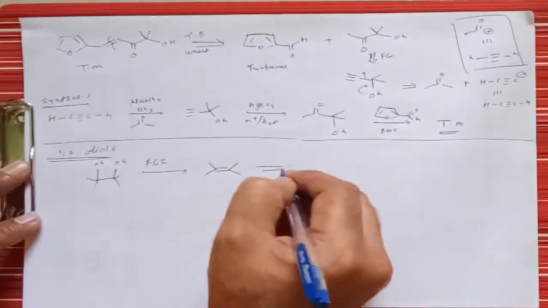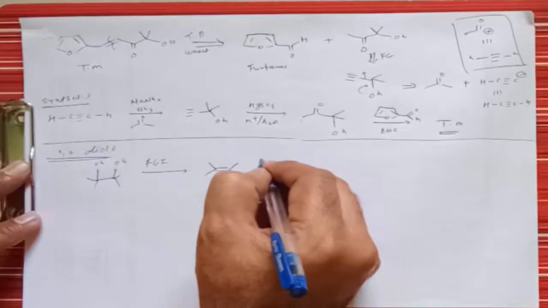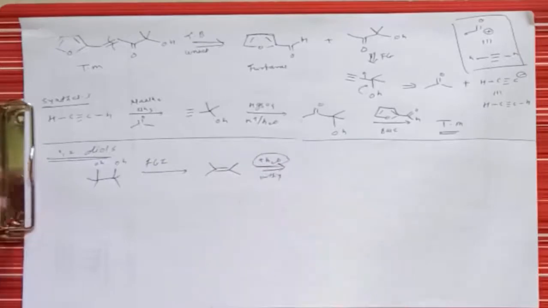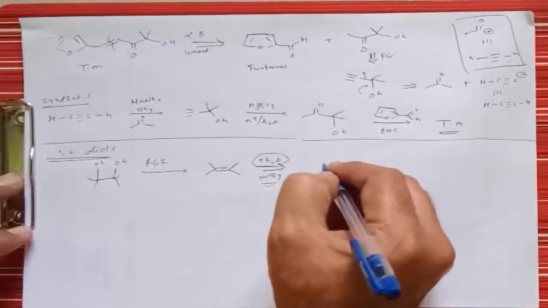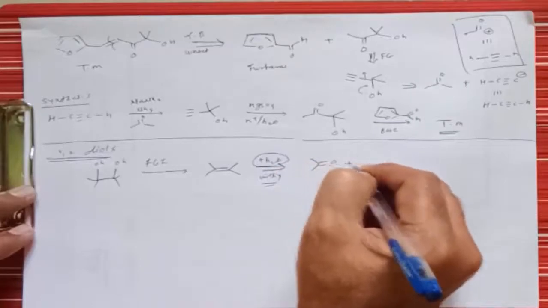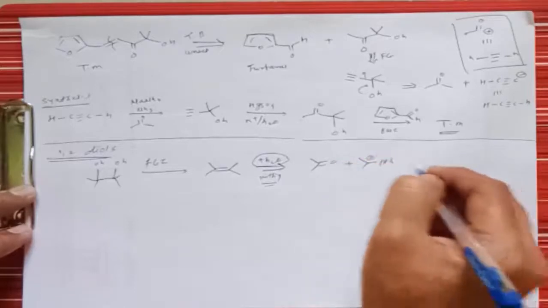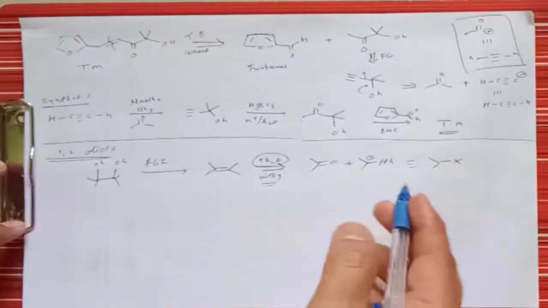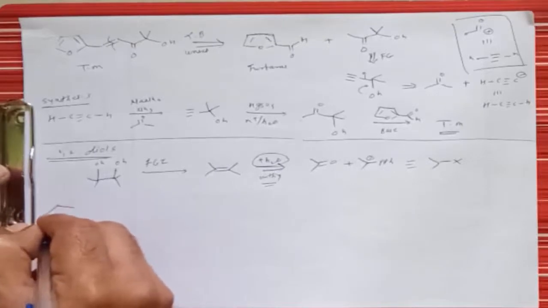And again we can say that this is an olefin, and for the olefin we can either go for the addition of water or we can go for the Wittig reaction, right? But sometimes this addition of water gives different types of products, and therefore we can prefer the Wittig reaction. It gives a selective product and it gives formation of a ketone along with PPh3, that is the triphenylphosphine compound, and it can be easily taken from the isopropyl halide, right? So this is a simple route to disconnect 1,2 diols. Let us take one example on the 1,2 diols.